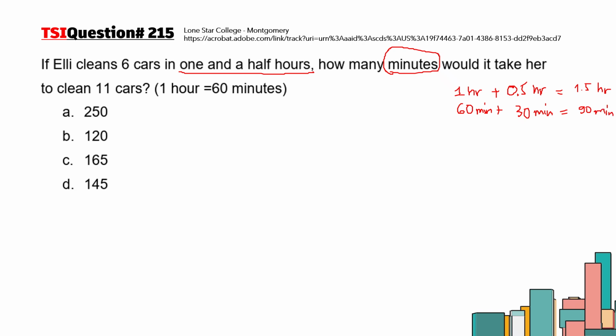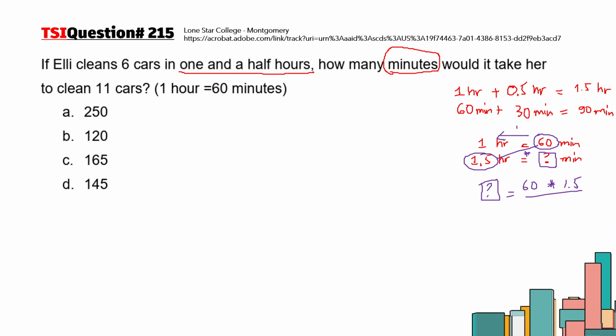You can also set it up like this. You know that 1.5 means 1.5 hours, and you want to know how many minutes. So you set up that 1 hour is equal to 60 minutes, and then you solve for the unknown by doing cross multiply. So we take 60 times 1.5 and divide by the rest, divide by 1. Then you will have the question mark is